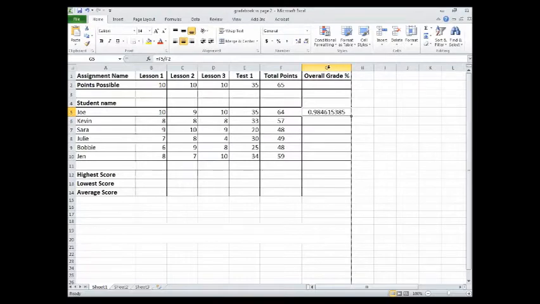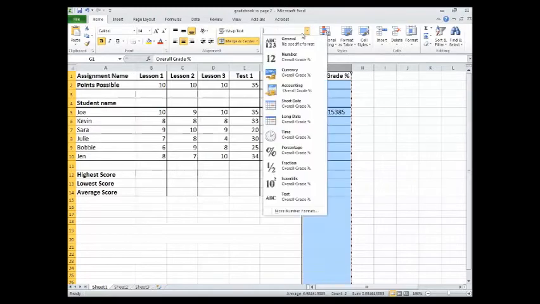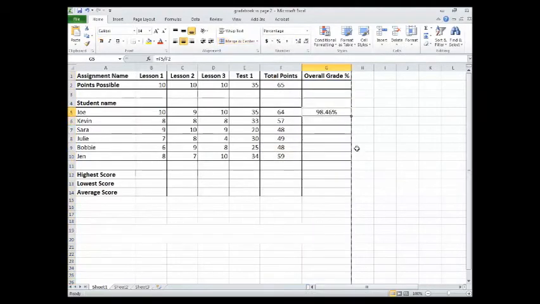So if you have not formatted row or column G into a percentage, you can do it by simply clicking here or selecting from the list percentage, and it will turn that number into a percentage. And you can increase or decrease the number of decimal places as you like. Now, we are ready for that shortcut, but if we were to use the shortcut of using the fill handle,